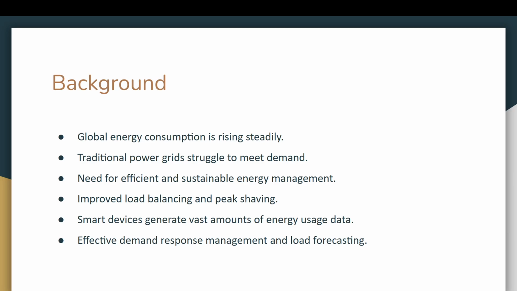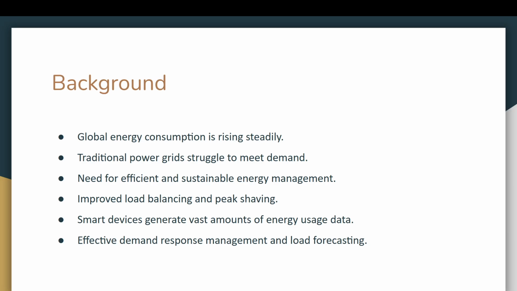So the paper addresses the challenge posed by the increasing energy demands globally, which have put significant pressure on traditional power grids to maintain a balance between supply and demand. A smart grid is introduced as a modern solution to this issue, offering bidirectional energy flow between utilities and users. Smart grids utilize advanced technologies, including sensors and actuators, to enhance load balancing and peak shaving, which are critical for